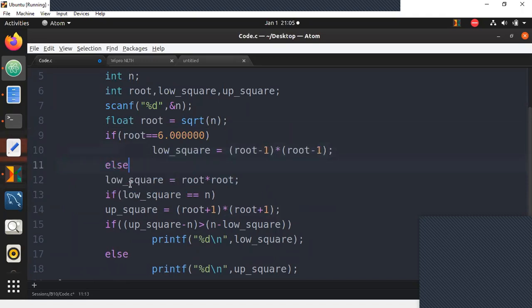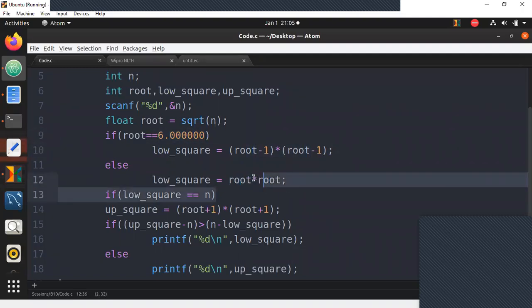Else, low square I'll calculate as root into root itself. Can I do this? First, I need to convert it to integer and do this. Else, I need to convert it to integer and do this.